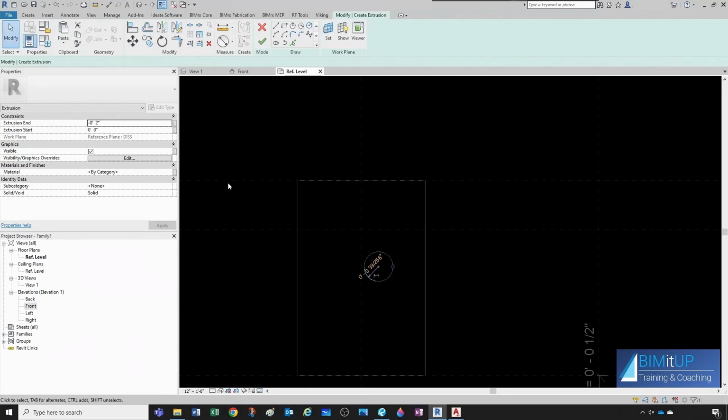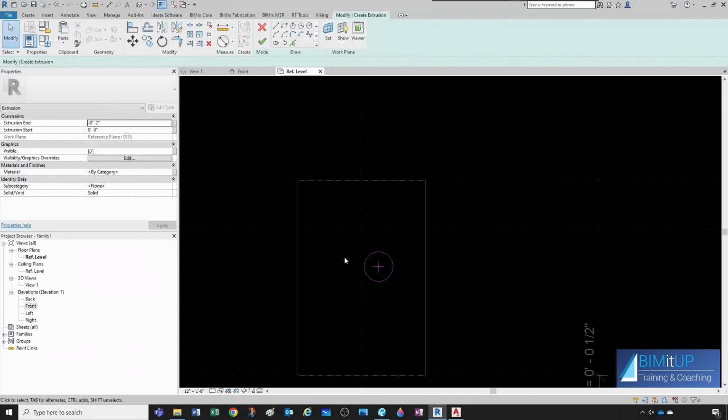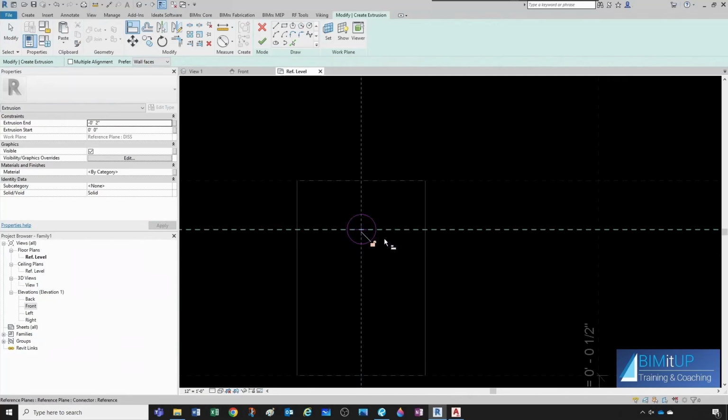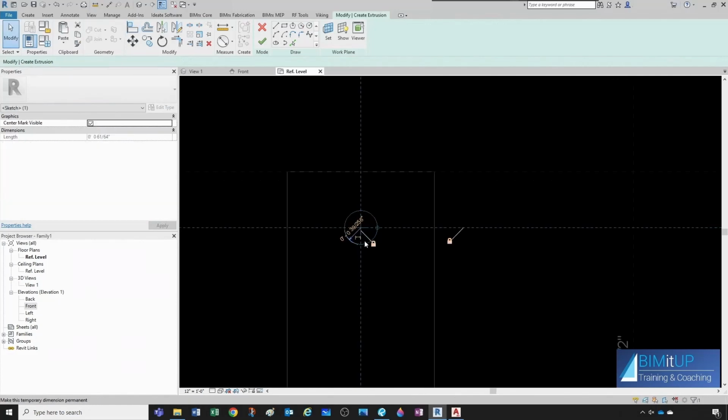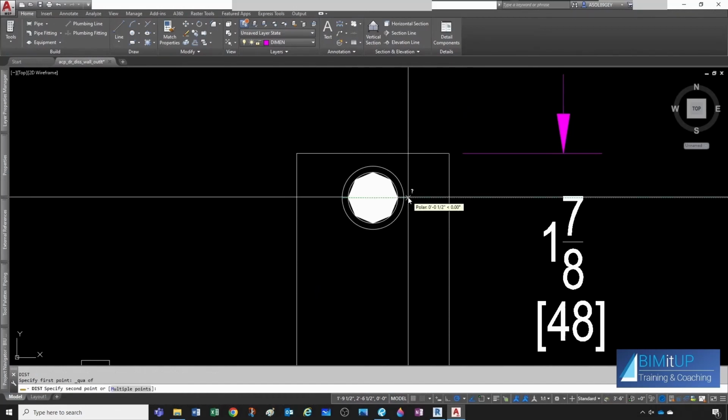And then we click on it, we make sure that it's visible or center, then align from this one, unlock it, from this one, unlock it. Now we give it a dimension, so the distance from here to here